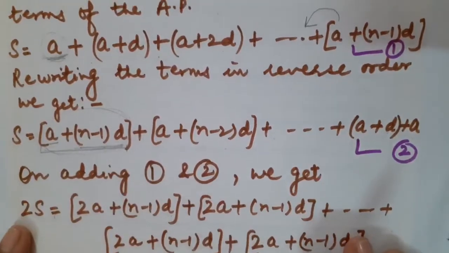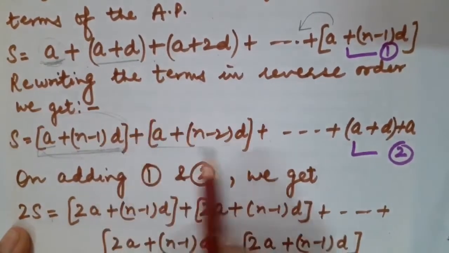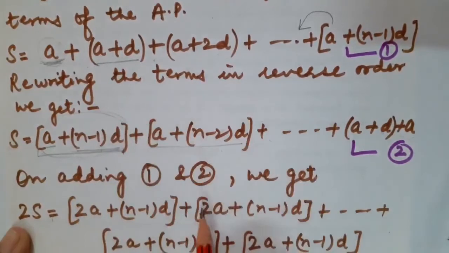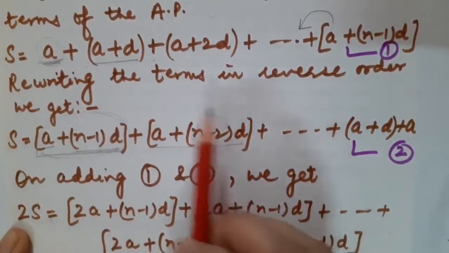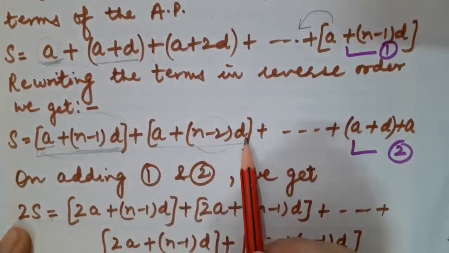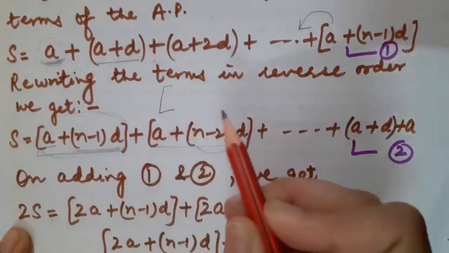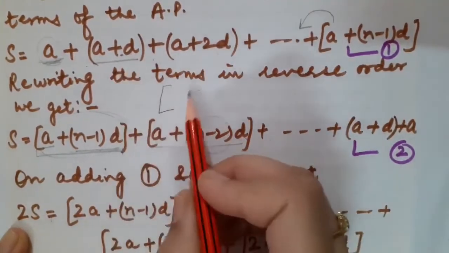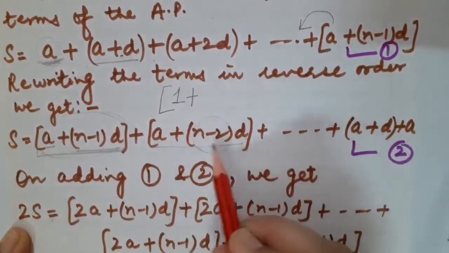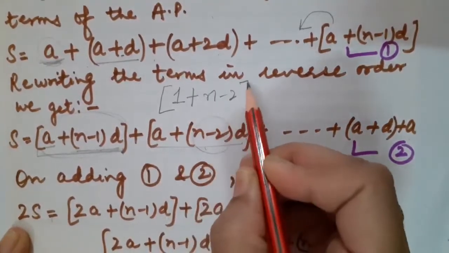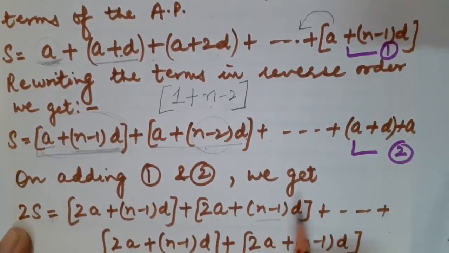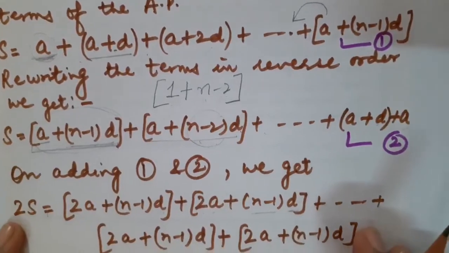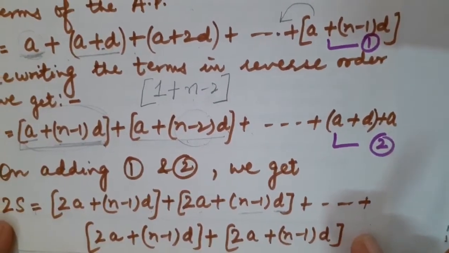Correct, student? Now let us add both these second terms. Please be alert. A plus a will become 2a. Let us talk about this. Here this is n minus 2 into d and here it is 1d only. Taking d as common, what I am going to get inside the bracket? Here there is numerical coefficient as 1 plus here the numerical coefficient of d is n minus 2. So solve them. You will be getting n minus 1. Look, this is n minus 1 and d, whatever was taken as common, is written as it is. Correct?